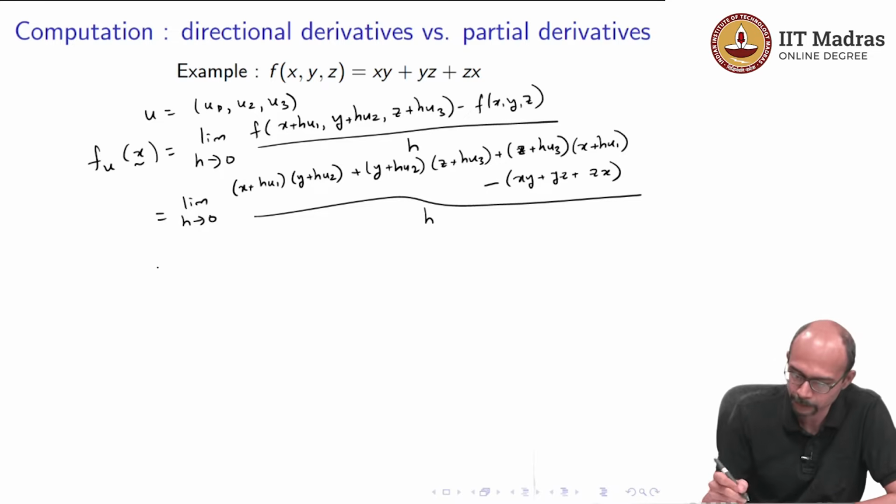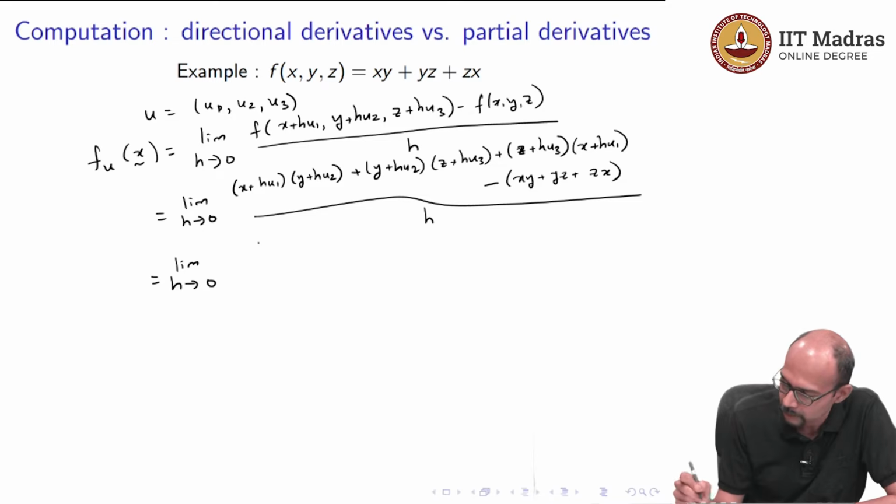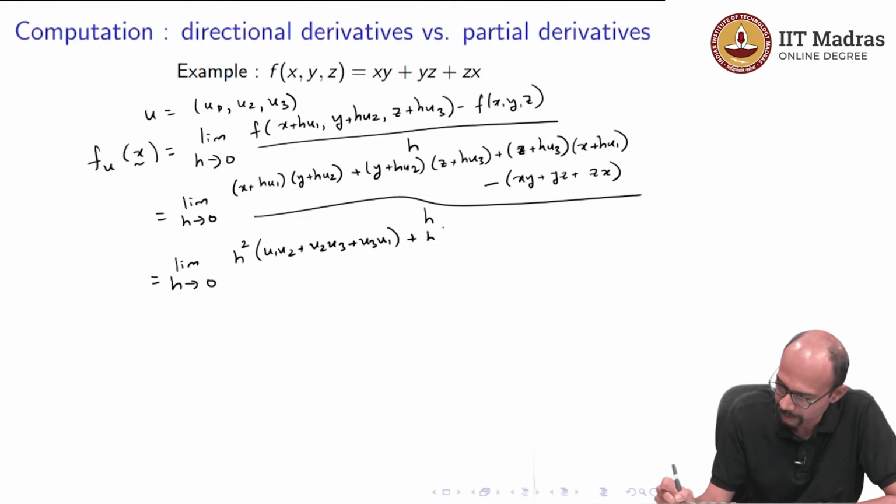We have actually done this computation in the previous video, but I want to do it again just to recall how difficult it is to compute a directional derivative as of now. So, if you look at what happens to the numerator, several terms get cancelled. So, x times y, y times z and z times x get cancelled, but all the h terms remain. So, we have some h terms with h squared. So, for h squared we get u1 u2 plus u2 u3 plus u3 u1,